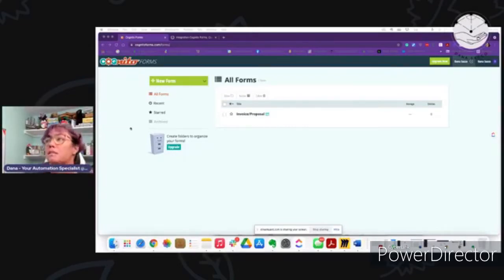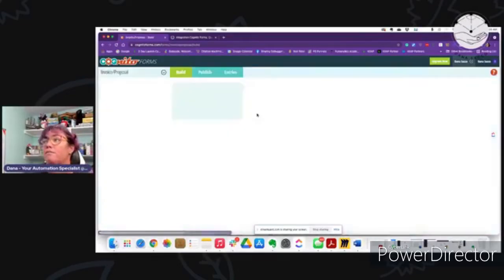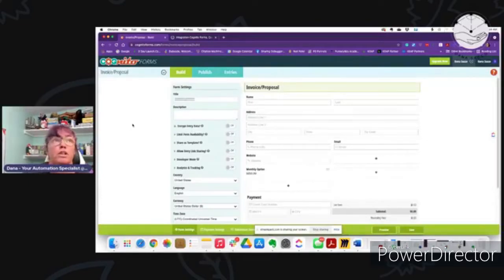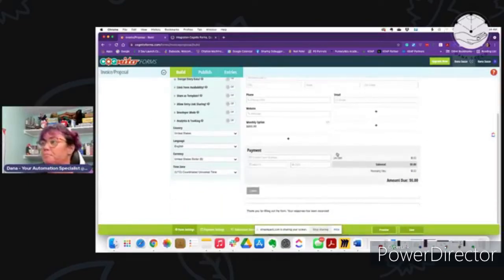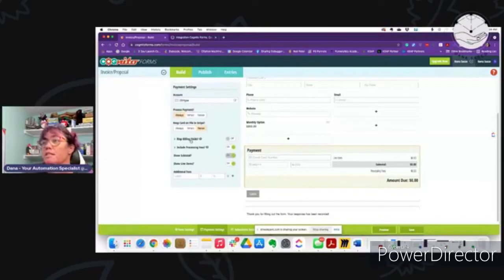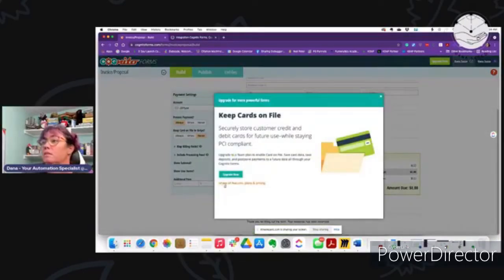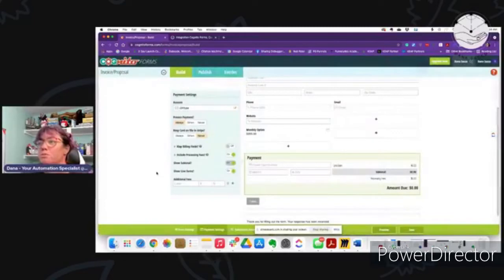But the problem is a lot of us have recurring payments, right? You can do that, but that's going to cost money. So we don't want to pay any money, right? We don't want to upgrade. We don't want to do anything. What we want is just to set this whole thing up. So what I did,